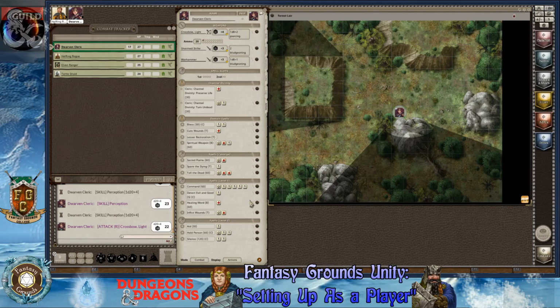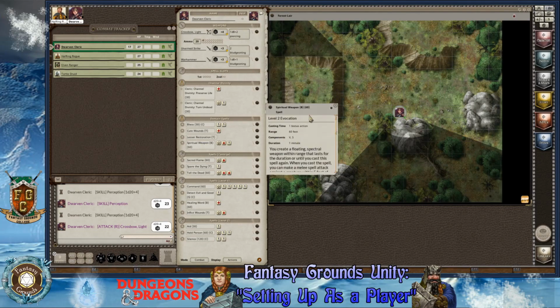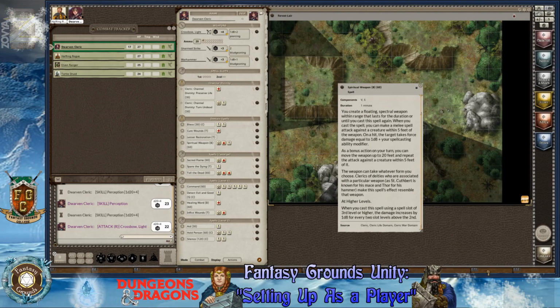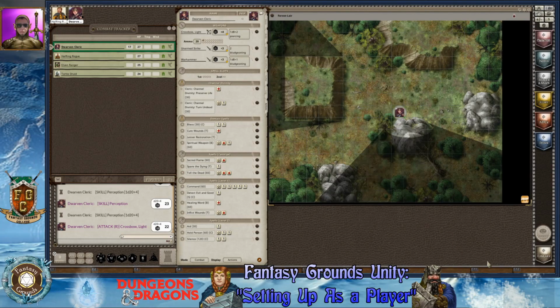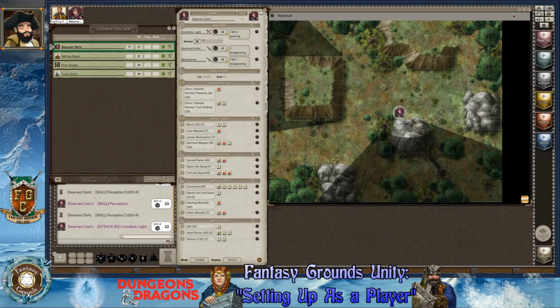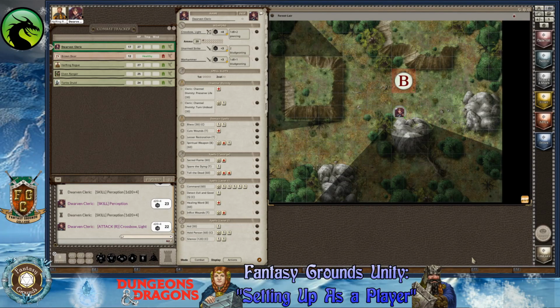Now, if there's any spells in here that you are very unsure of, or you always forget how it works, what I would do is open up the spell description, and if this is a spell that you constantly struggle with, put it in the hotkeys. And before your turn comes up, go ahead and pop that up and read it again before you start. This will give you a little bit of advantage in having it closer to you, and between turns it's right there. Because what will happen is sometimes you'll get confused at all the different spells. So it's better to have the ones that you have trouble with on the actual